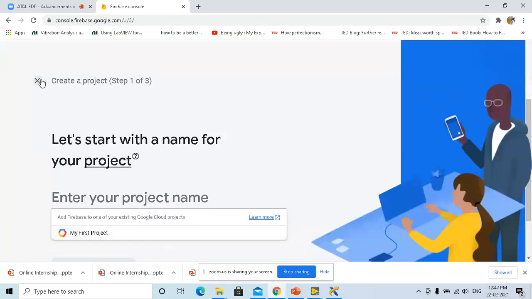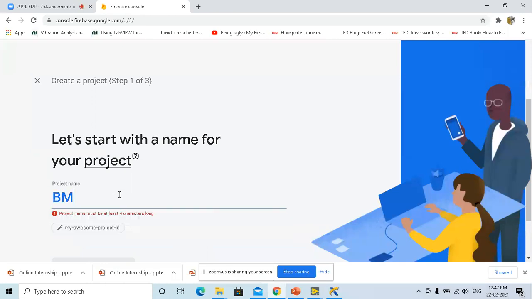For that, you just need to create a project. Now I can just enter it as BMS, for example.